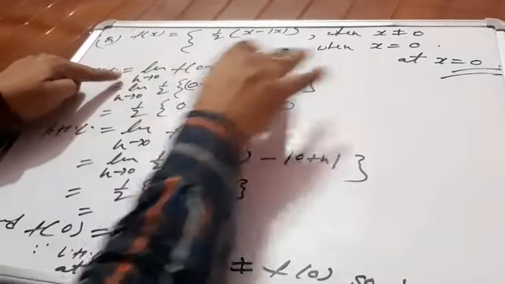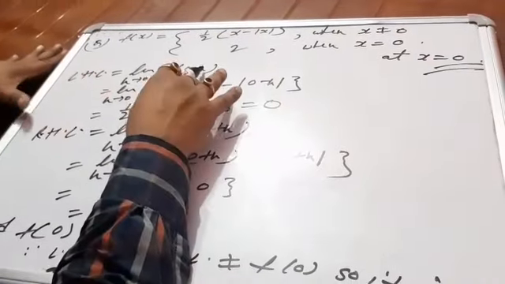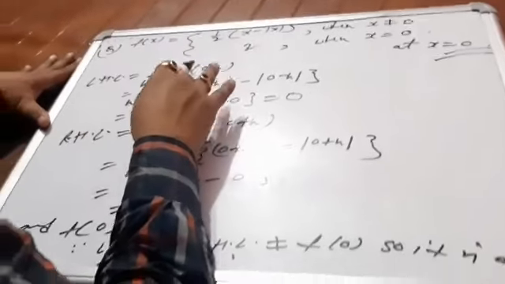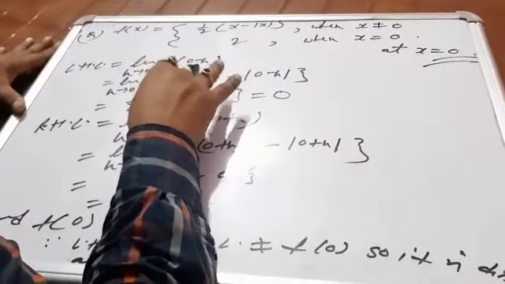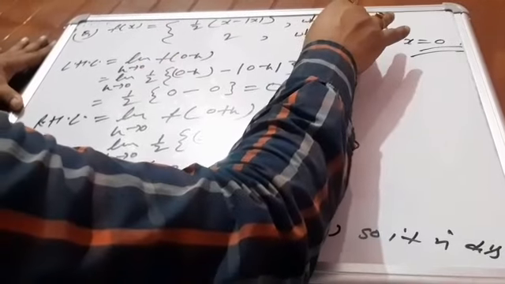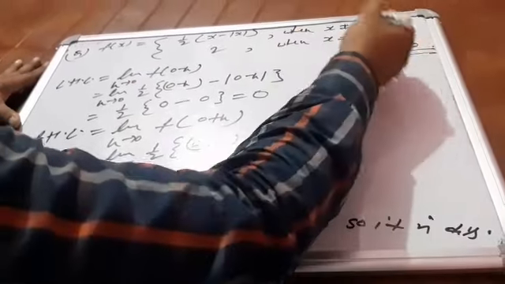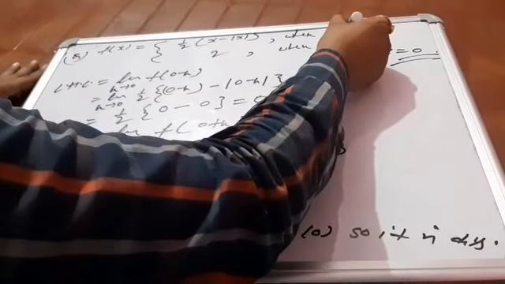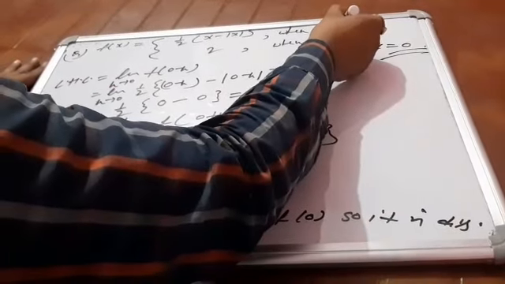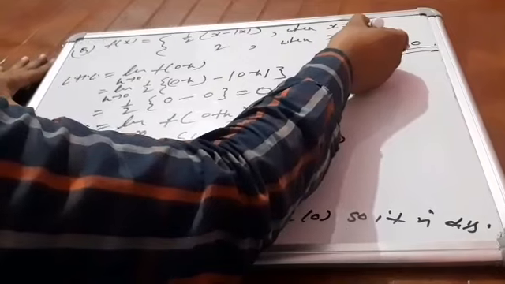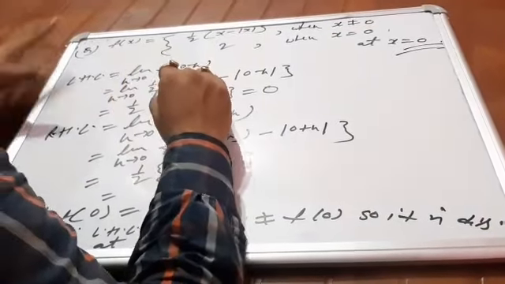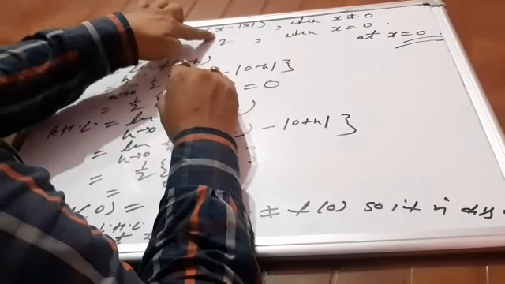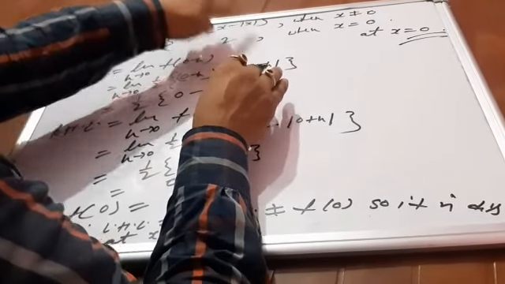LHL, limit h tends to 0, the portion is your 0, 0 minus h. Then at the next step 0 minus h. Let us see in which condition it will fall. Obviously in the first condition, because x is not equal to 0, so 0 plus h will also go in this, 0 minus h will also go in this, the value of the function will come in this. So it is your 1 by 2 at the place of x, it is your 0 minus h minus mod of 0 minus h.